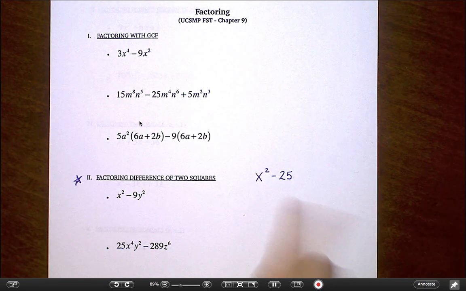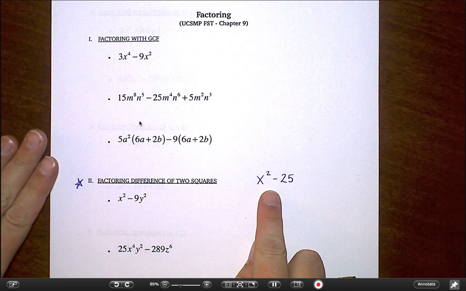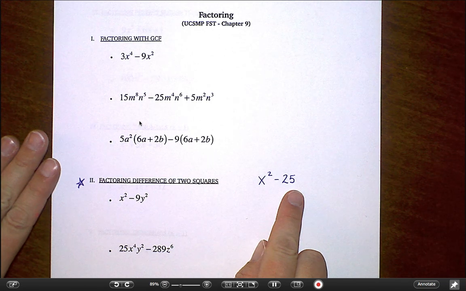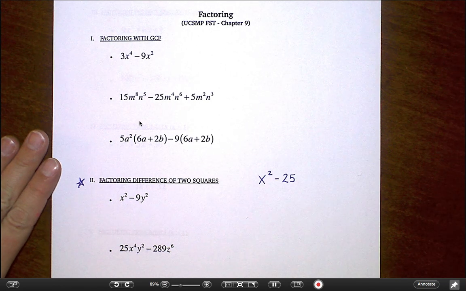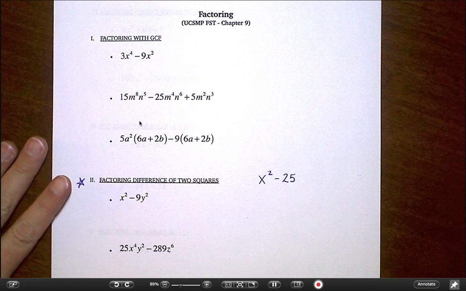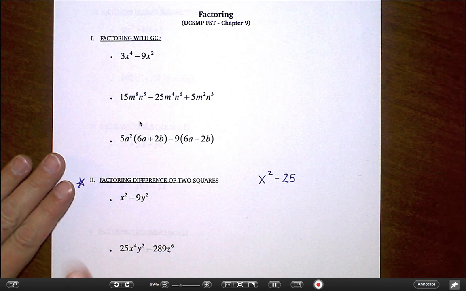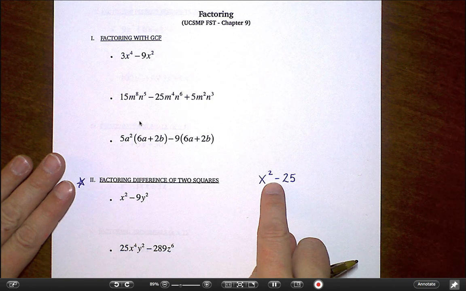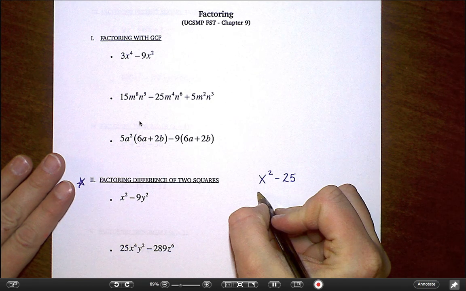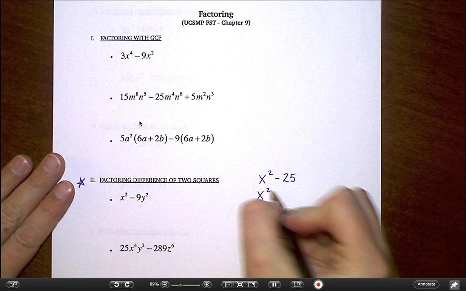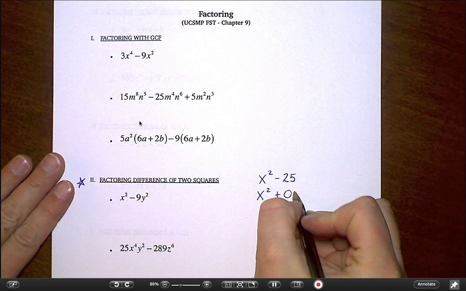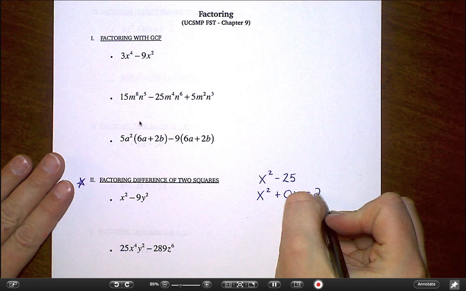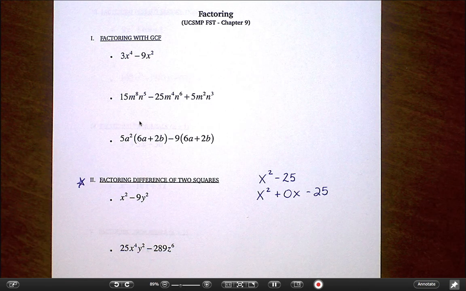Now, at first glance, that doesn't look like anything we've factored before. There's no GCF I can pull out. There's not enough to do any sort of grouping. It's not a trinomial, but I can make it a trinomial because what it's missing is the x term, right? So if I think of this as x squared plus 0x minus 25,